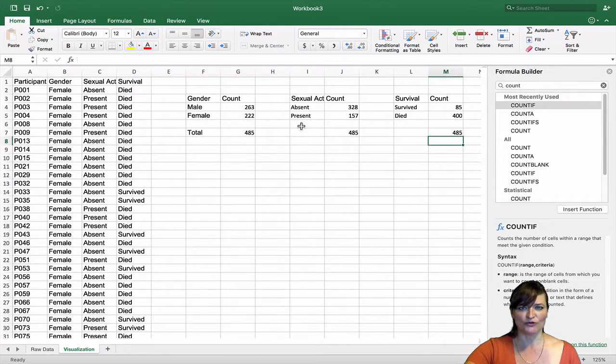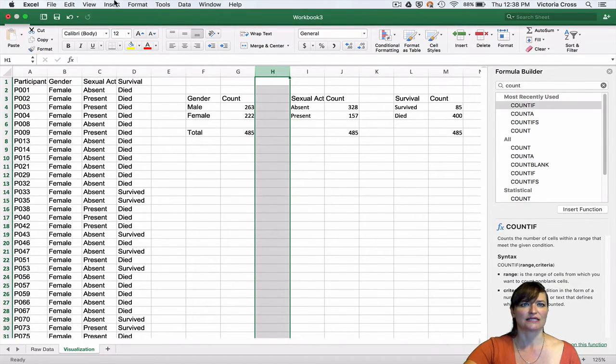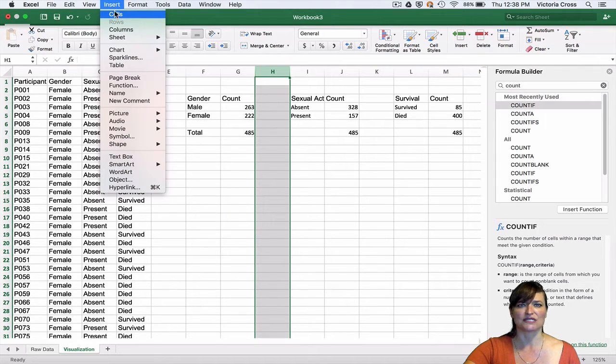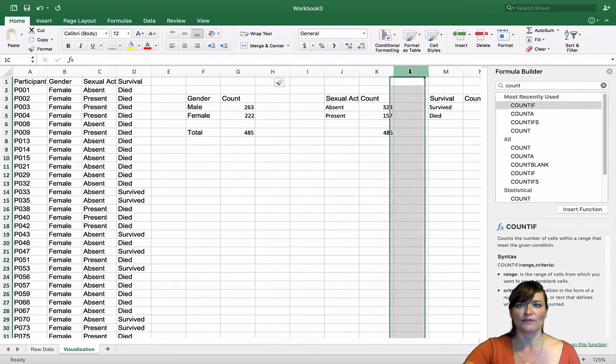Let's move things over. So I want to add my proportion males and females right here in column H, but I don't want it to get confused with the next variable. So I'm just going to click on the header H, and under the insert menu, choose insert cells. And that's just going to insert a blank column there.